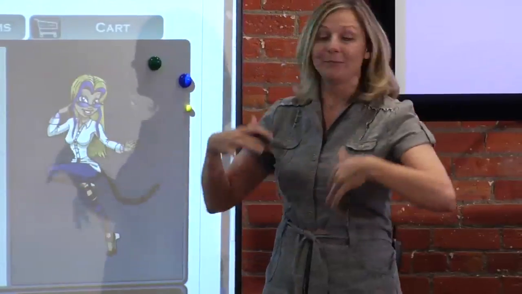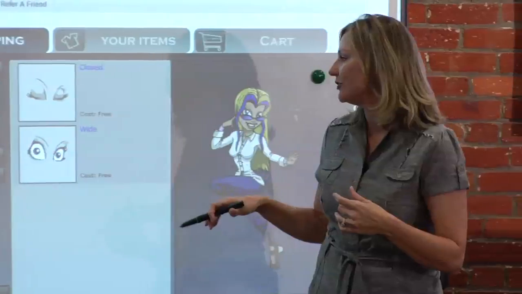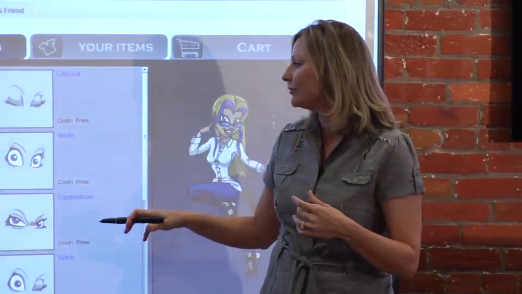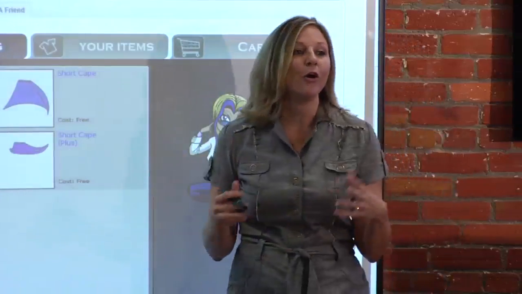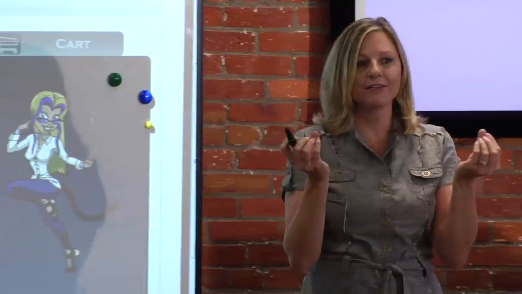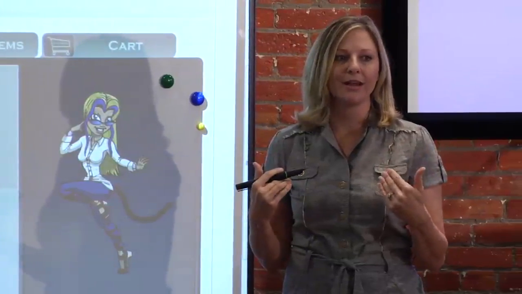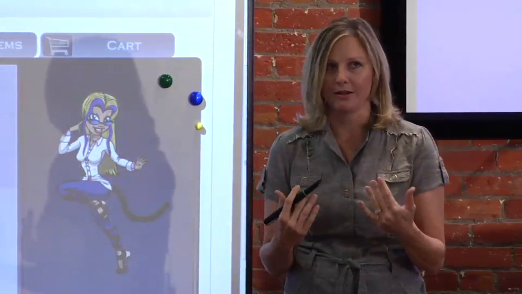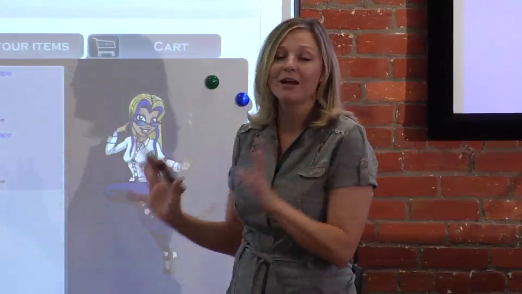When the kids get points, they get to go shop. They get to choose all these cute little features and different clothes. We do capes. Some of the stuff moves. If you know kids and you know Pokemon and Yu-Gi-Oh cards, they love collecting all that stuff and then sharing how cool their stuff is. And what I heard them start doing is, hey, come over here and look at my stuff. And worse than that, Miss Brotherton, come look at my stuff. So I was constantly going and looking at all their stuff. But they were doing the homework. So I don't care what motivated them.